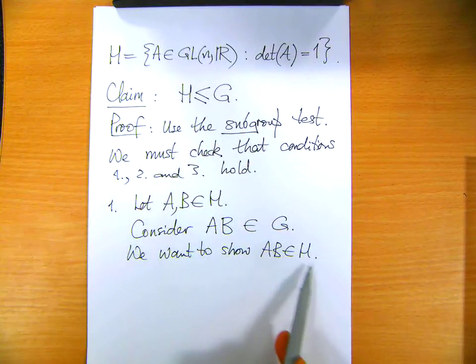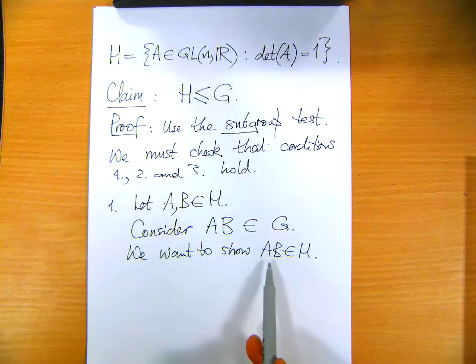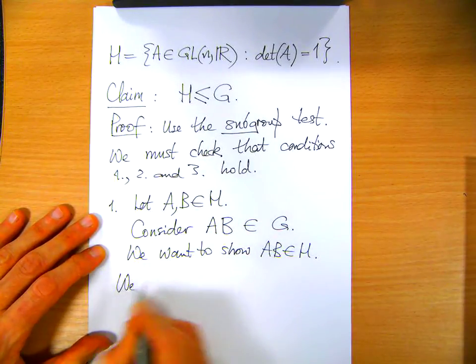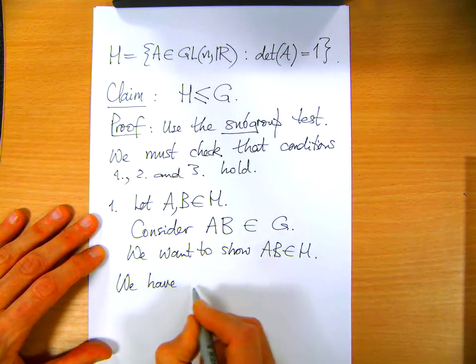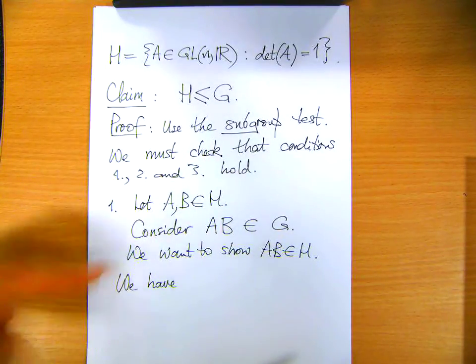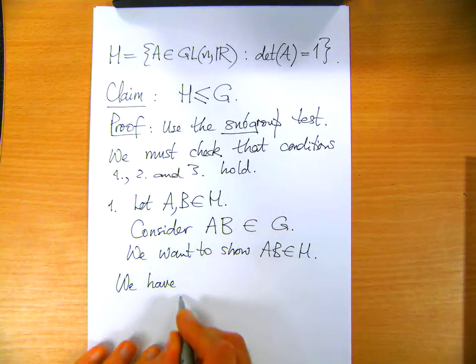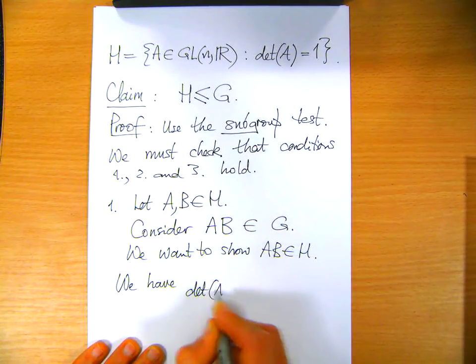So to check that AB is in H, I have to compute the determinant of AB. Of course, depending on what example you were doing, the details here are going to change a little bit, but the overall structure of this proof is a kind of template for how you're going to do it in general. So here I have to compute the determinant of AB,